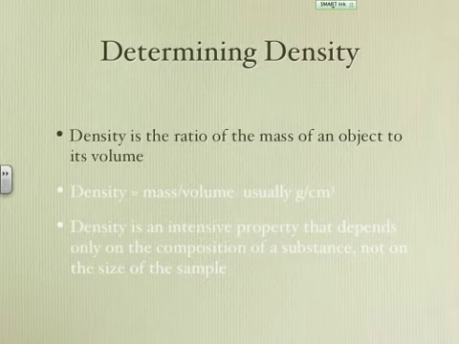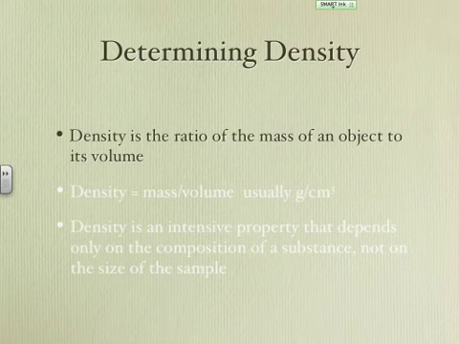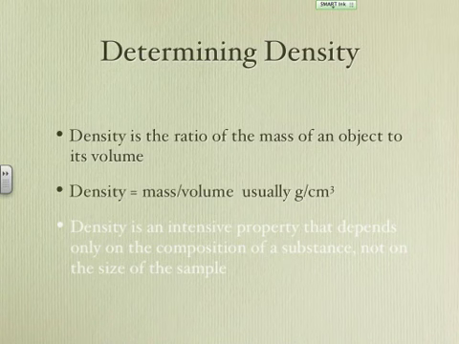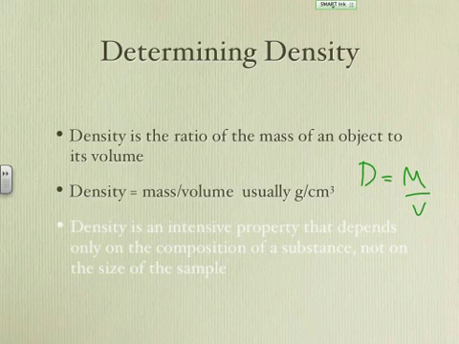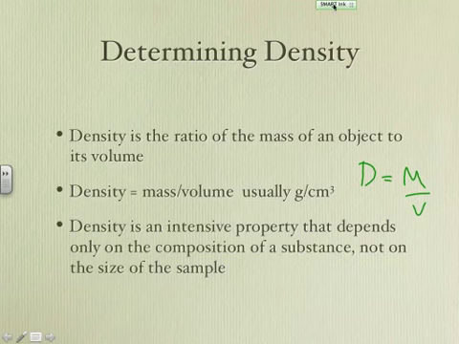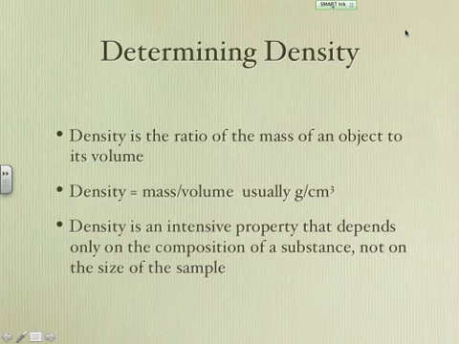So if we want to determine the density, it's going to be the ratio of mass to volume, and so we're just talking about mass divided by volume. Just think of density equals m over v. Usually we express density in terms of grams per cubic centimeter, and density is one of those things that is an intensive property. In other words, it doesn't matter how much of a substance I have. If I have just a little bit or a whole bunch, it's going to be exactly the same